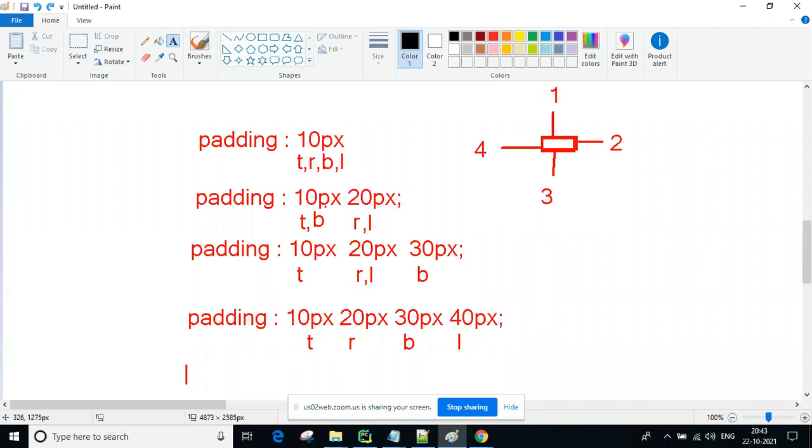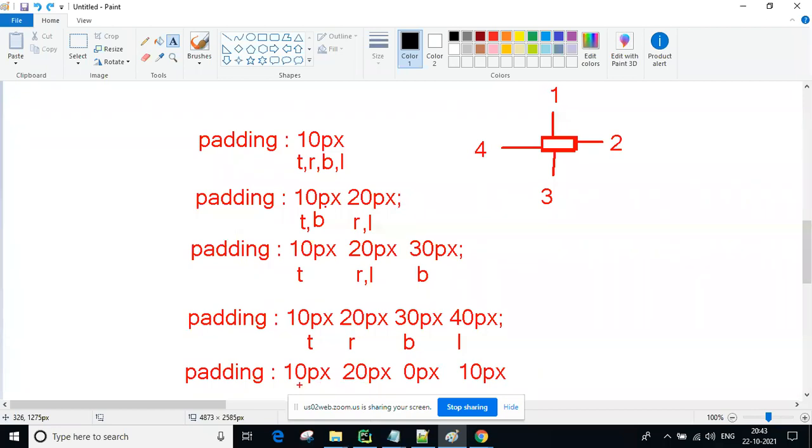So assumption here, I want to provide top side some space, right side some space I want, bottom side I don't want, again left side I want. So then here 0 pixel you are writing, and then whatever you want you can take. Again 10 pixel I'm writing, that's your way.